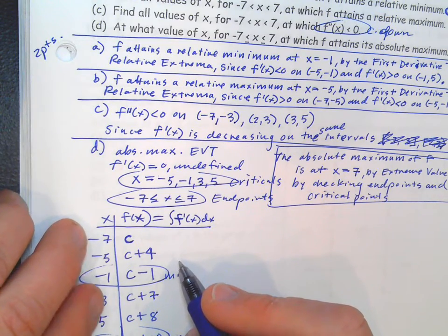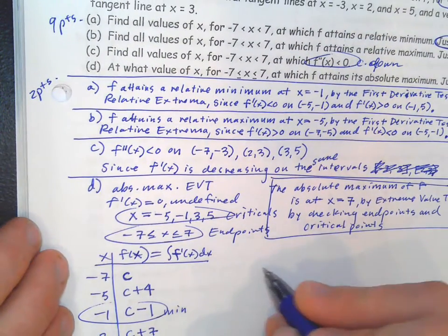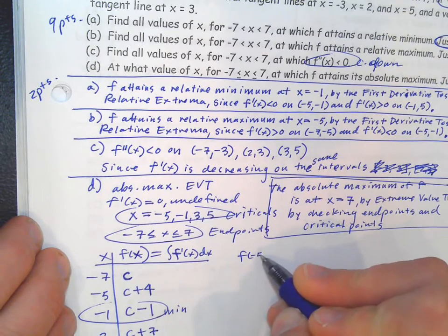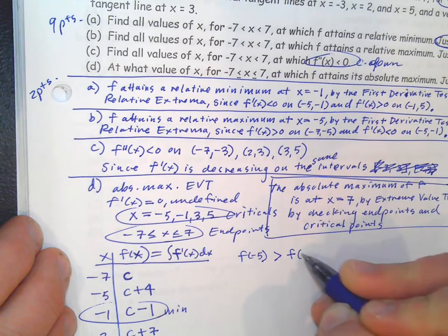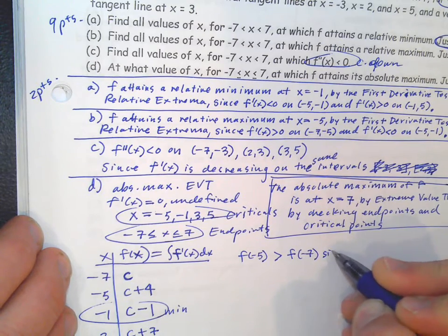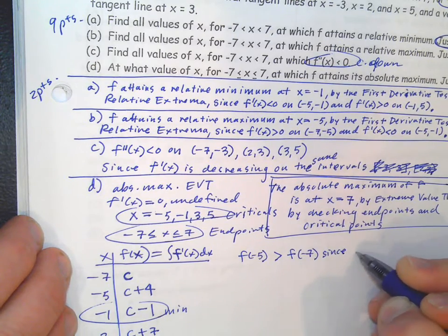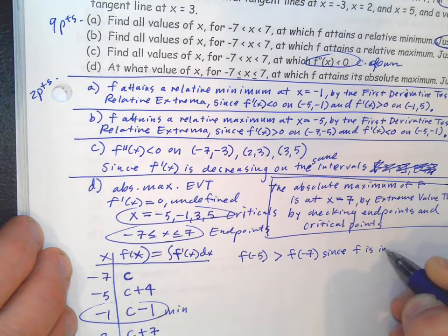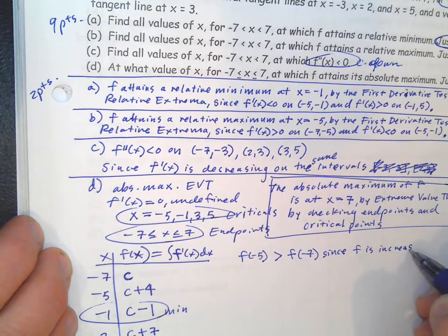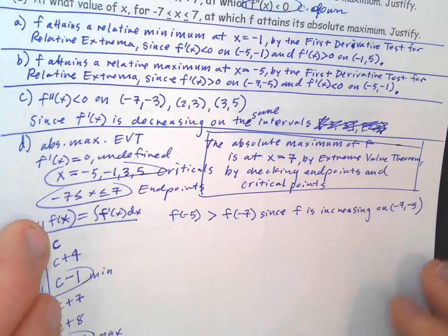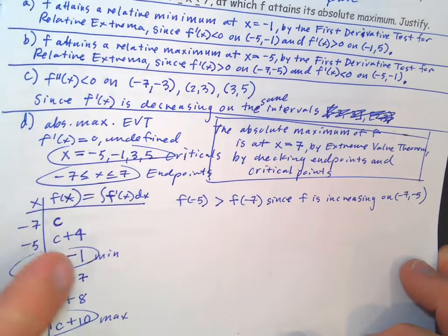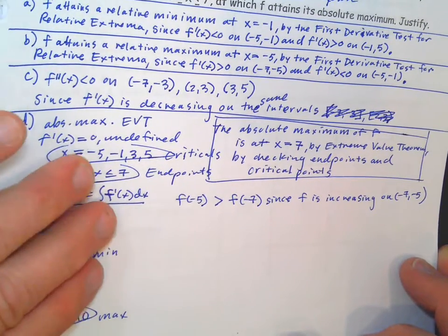They might go through and say, well, f of -5 is greater than f of -7 since f is increasing on the interval -7 to -5. So that's kind of how you could explain why this one's bigger than that one. And then we could say,